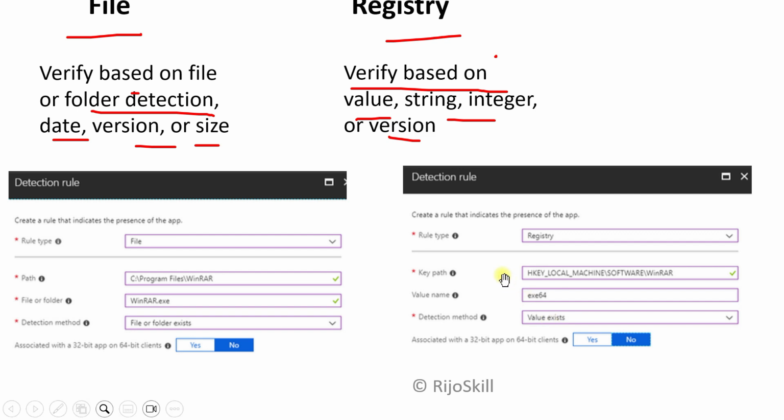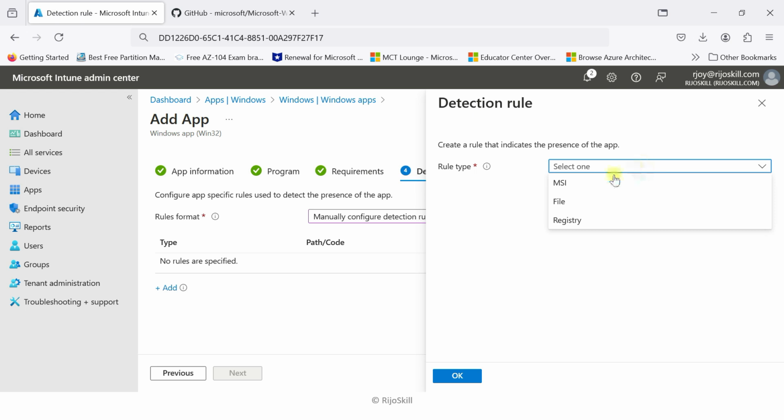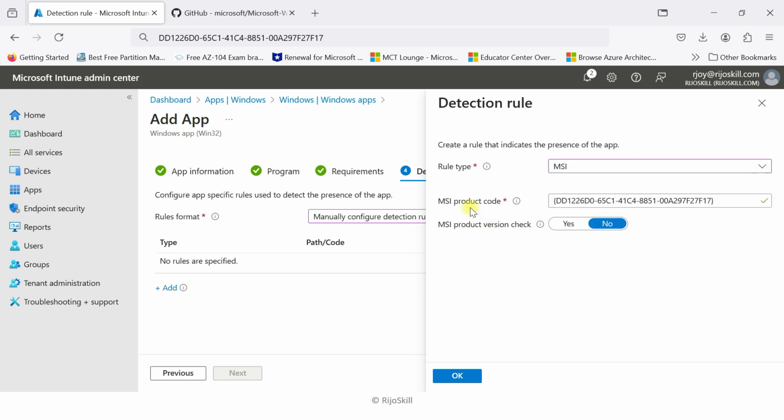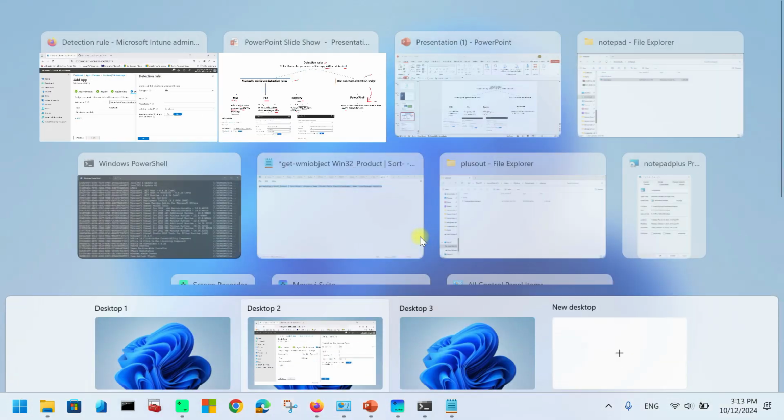So we will go to our Intune portal again. Now you understand the rule format. So I will go for manual. Then I will add our format. I will select MSI. Here you can see the MSI product code comes automatically. If you go for the file, how can we add this file? Then give the path of this application file. So let's go to our